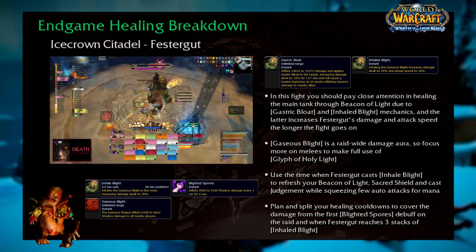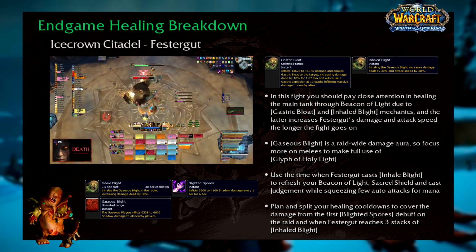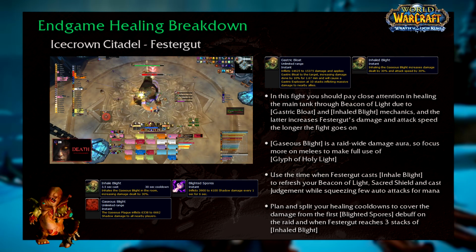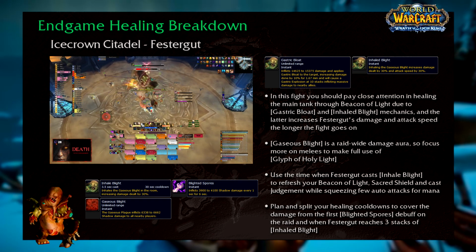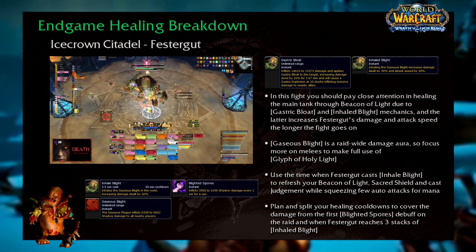A few seconds after the pull, Professor Putricide will release Gaseous Blight in the room, which becomes a constant raid-wide damage aura, so your healing priority is extended to the entire raid. Every 30 seconds, 3 gas spores will attach to random raid members, which explode after 12 seconds, applying a debuff called Blighted Spores that deals resistible shadow damage every second for 6 seconds to everyone around the spore-affected target